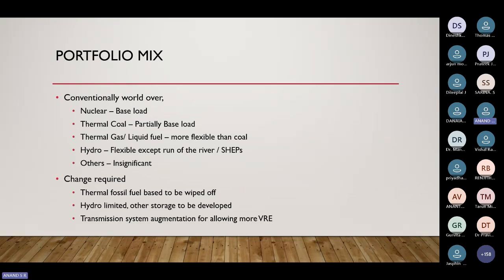Gas and liquid fuel stations are more flexible than coal, but if you are using liquid fuels, you are not creating much benefit because the greenhouse gas emission is almost comparable. Even though it is not as much as that of coal, there is still a contribution from that. Now, hydro, we need to have flexible generation, except in the case of run-of-river stations and SHPs,